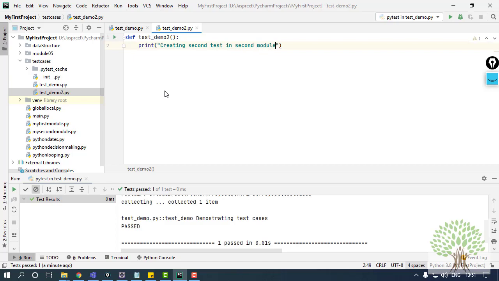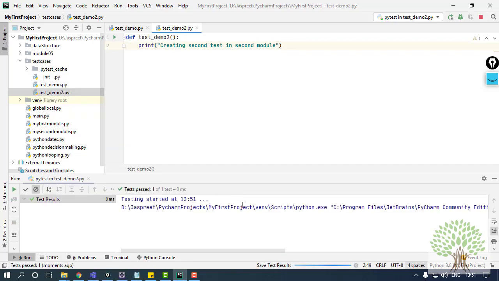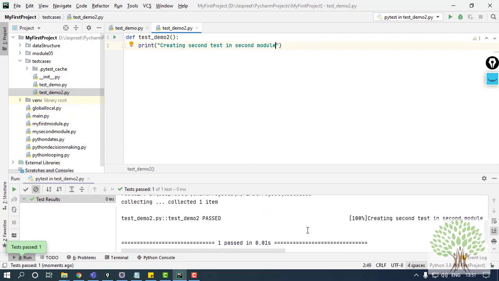You can have any print statement. This is specifically what I'm giving in my case. Now I'll run this test case, run PyTest in the second one, and that's done.